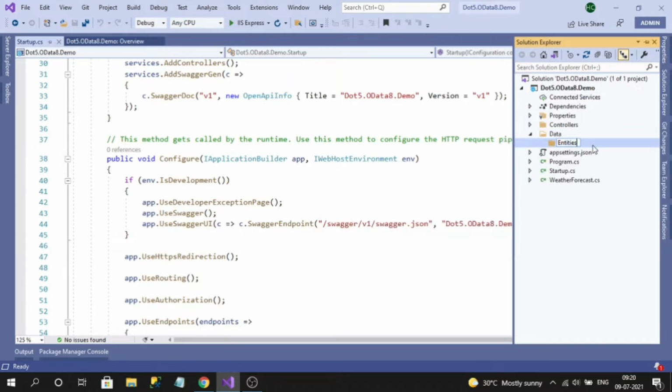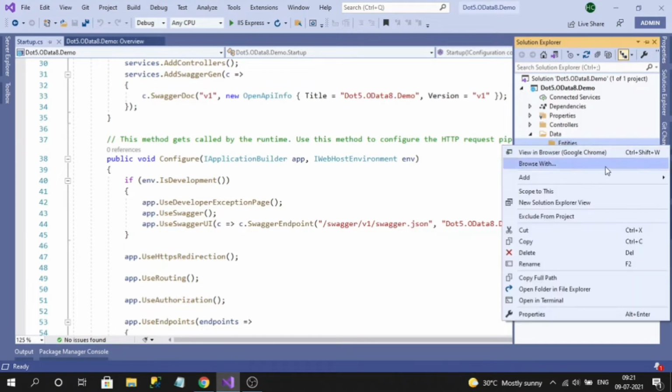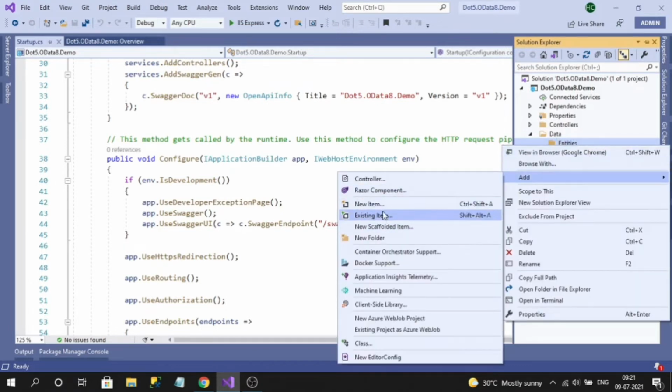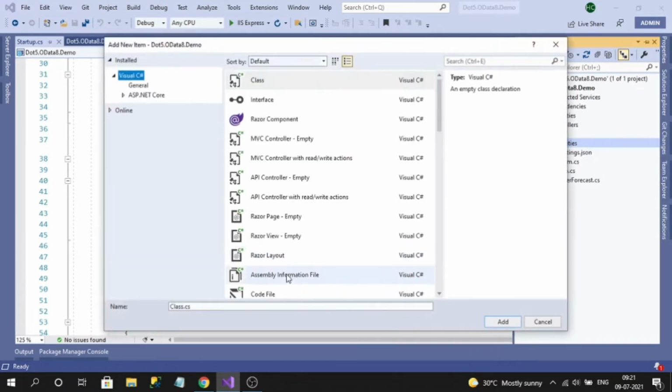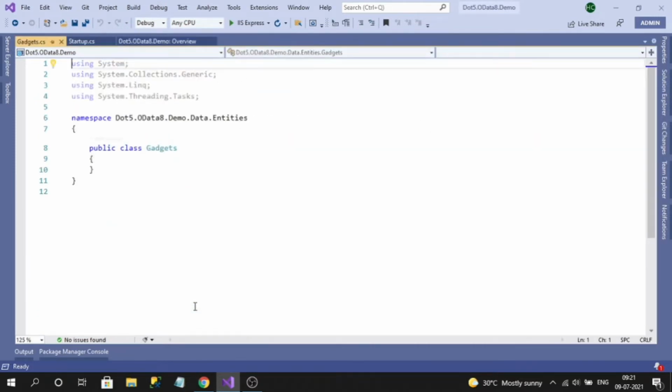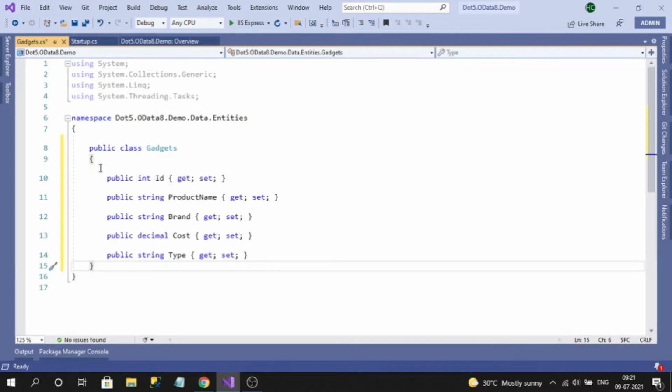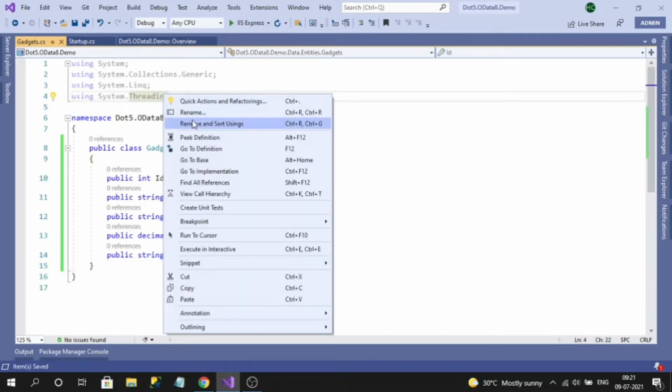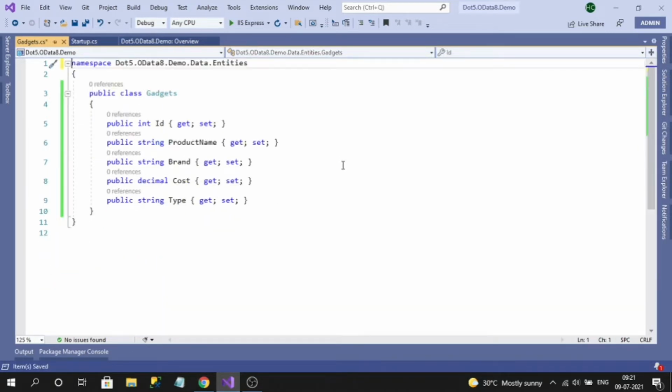So inside of this Entities folder, let's add our table class. So my table is gadgets. So I'm going to add Gadgets.cs. To save some time, let me copy paste my code snippet. So this is my table class. So let's remove these unused usings. Okay, I have created my table class.